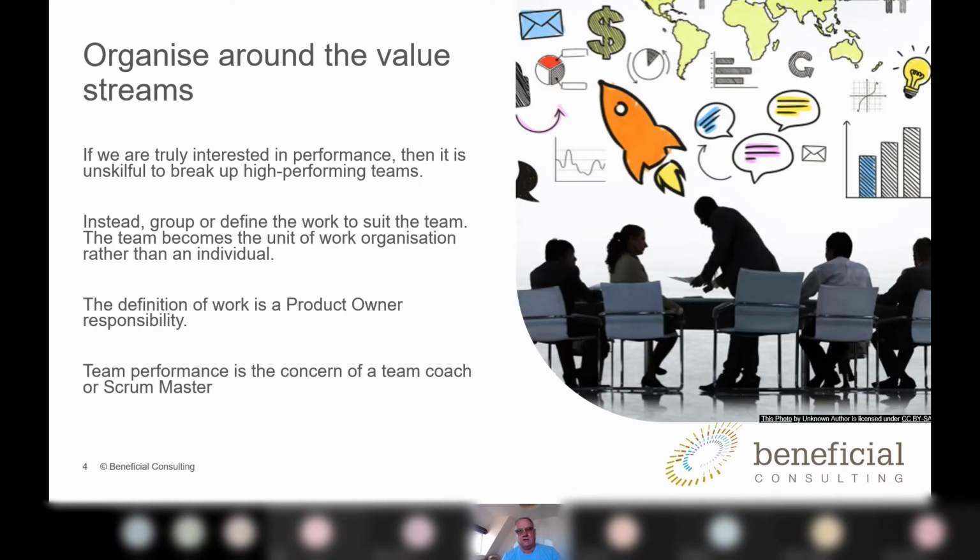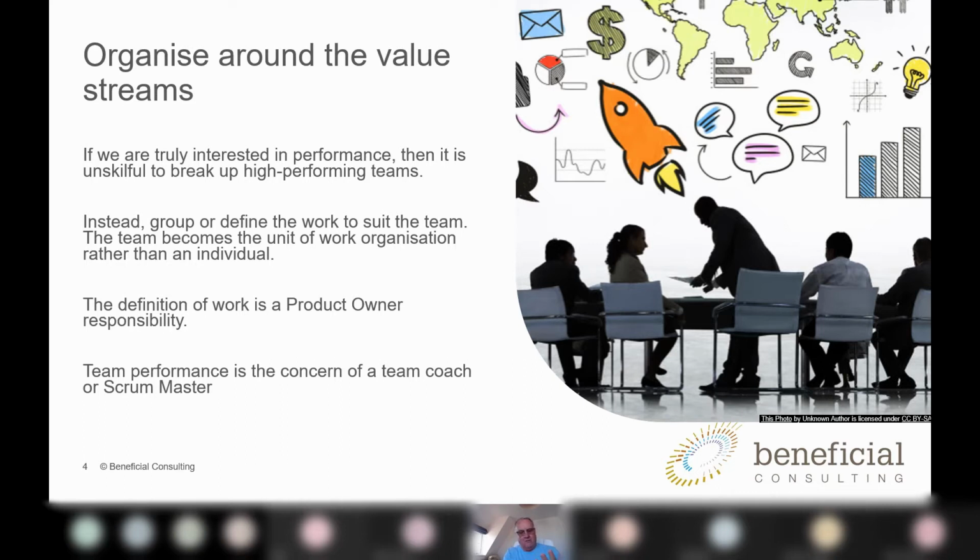Okay, so how could we organize? There's very clear guidance in LeSS and in some of the original works around lean agile software development that we talk about organizing the team around the value stream. So we have a value stream. Let's say I buy a pair of boots to go walking in the fells. The company checks whether it's got stock. They validate that I'm a customer that can pay. They take the inventory out and they ship it to me. So there's a value stream, an operational value stream.